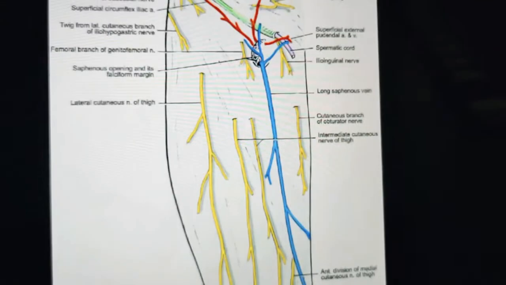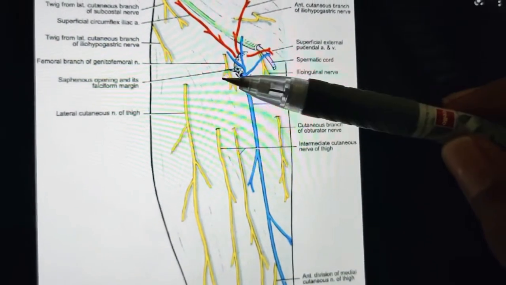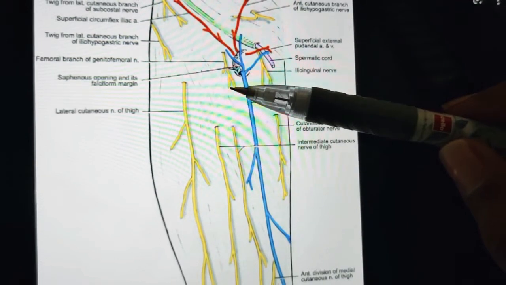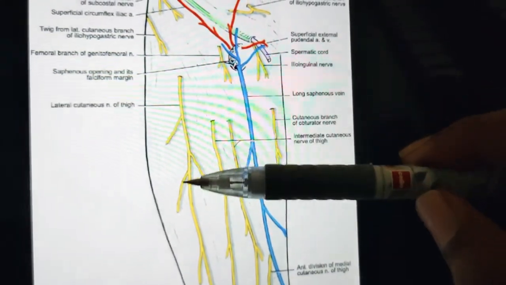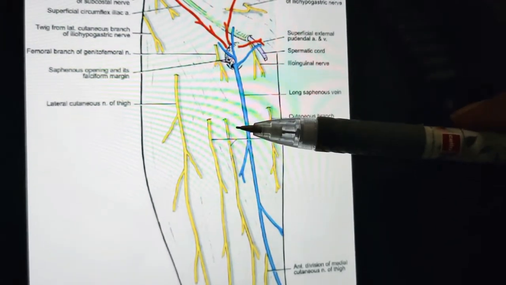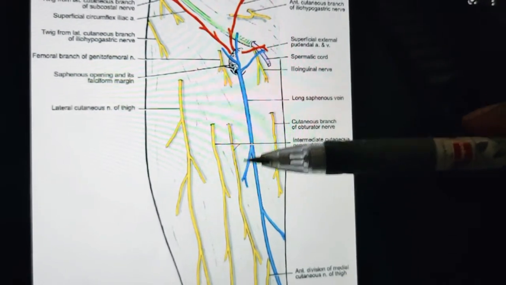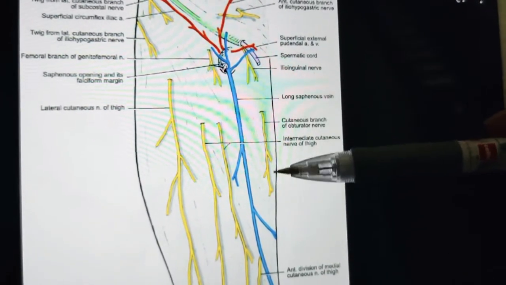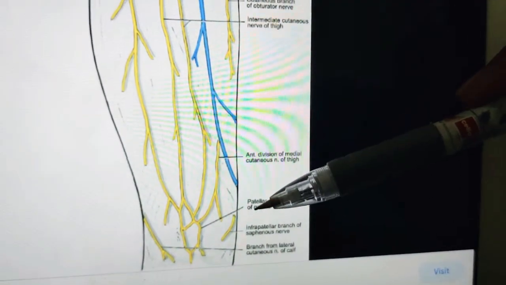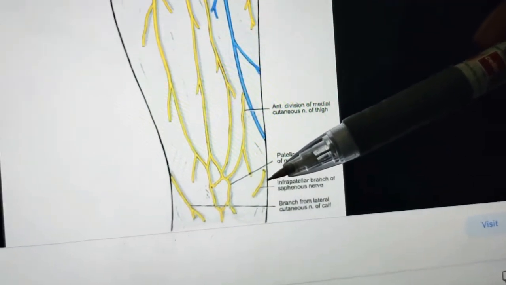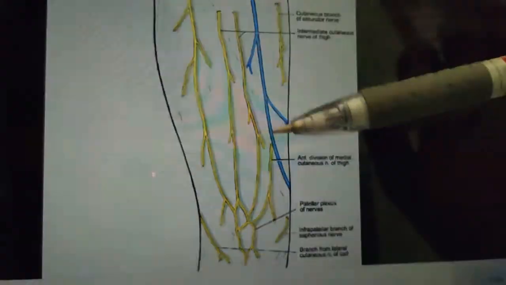So what are the nerves you have seen? Once again let us revise. First one is ilioinguinal nerve and its root value is L1. Next comes the genitofemoral nerve. Its root value is L1 and L2, right? Next comes the lateral cutaneous nerve, intermediate cutaneous nerve, medial cutaneous nerve. These three are having a root value of L2 and L3, and even the cutaneous branch of obturator nerve on the medial side has the same root value L2 and L3. Coming to the saphenous nerve, it has the root value of L3 and L4. So these are all the cutaneous nerves along with their root values.